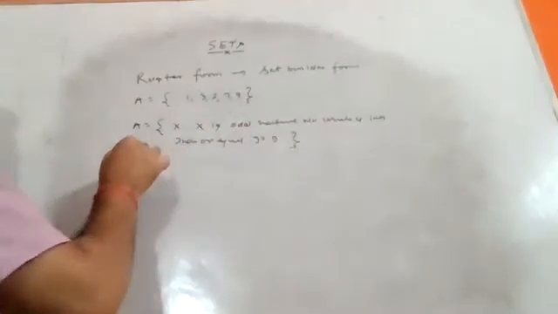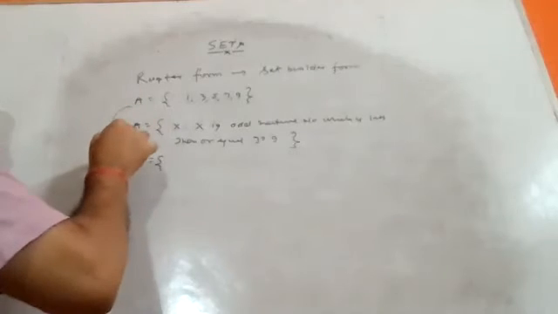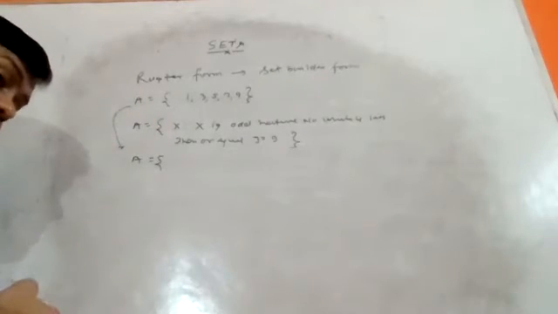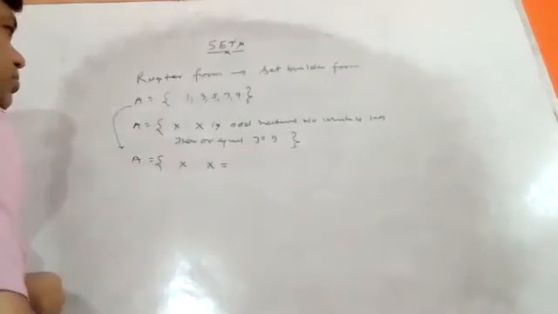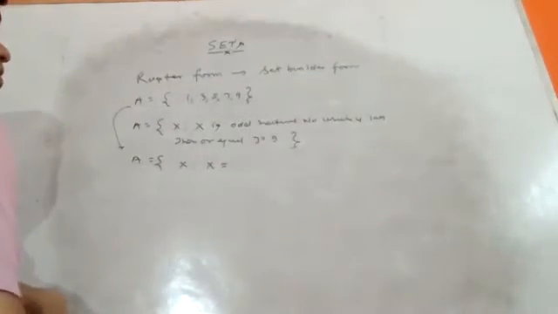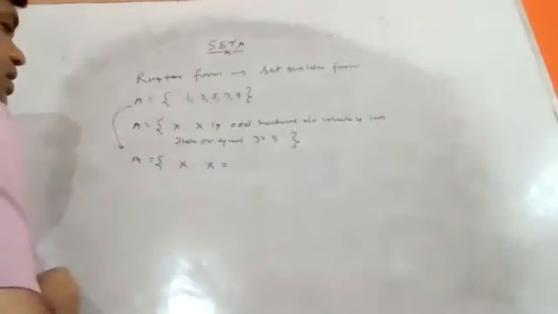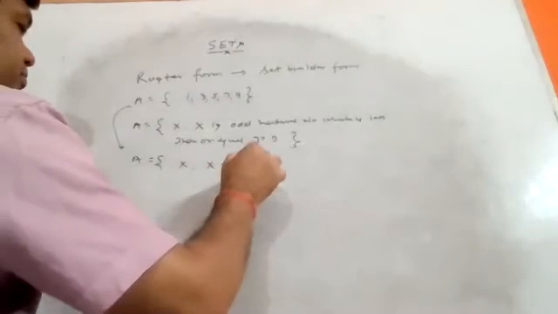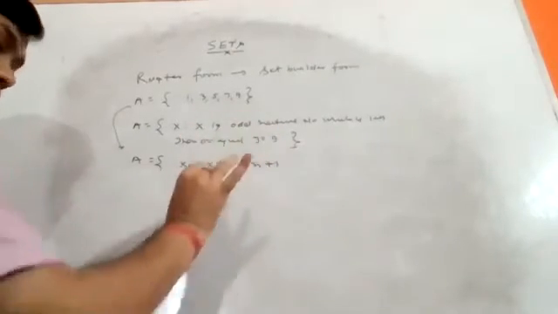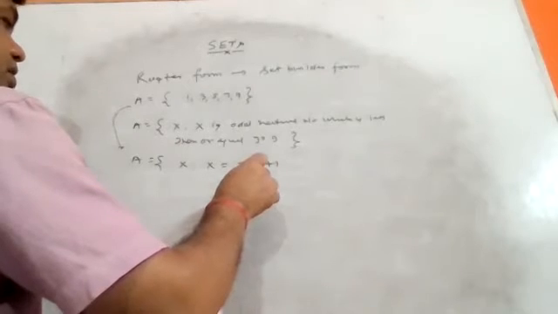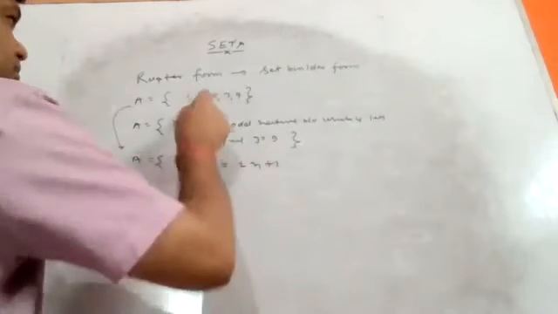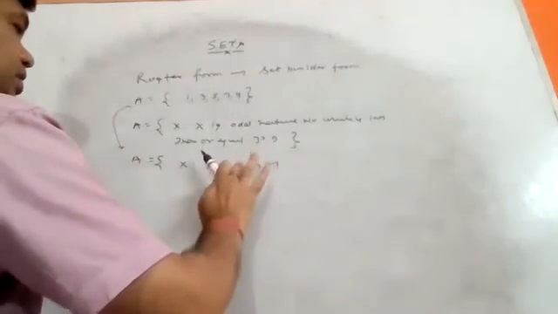If we want to build this in a formula method, you can assign a formula: x such that x equals an odd natural number, which you can write as 2n + 1. For example, we are just putting values in 2n + 1. If n is equal to 1, natural number, then 2 plus 1 is 3. So one number is missing. So you can write n.